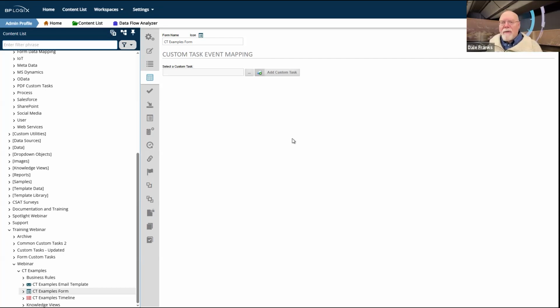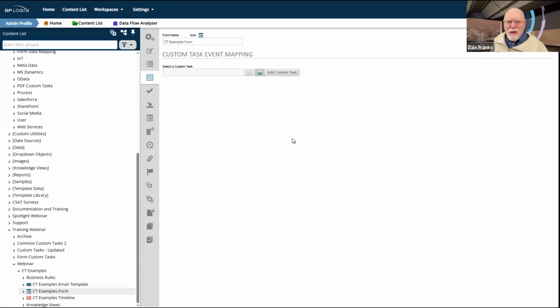So for example, if I want to run a process asynchronously, so I want to call another process, it's a different process, I don't really care if it runs in conjunction with whatever process is either running while I'm looking at the form or will run when I submit the form, then I can call it. I think probably one of the most common uses of this would be a conversion to PDF, where I want to run an asynchronous process, but I don't want my user to actually see it happen. It's not really part of the process itself.